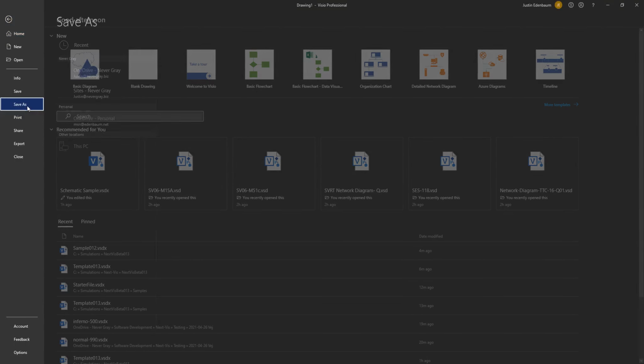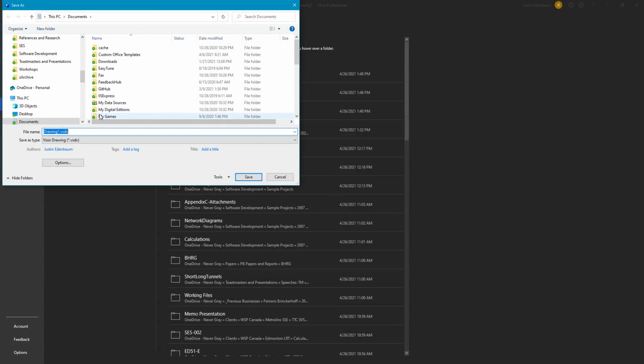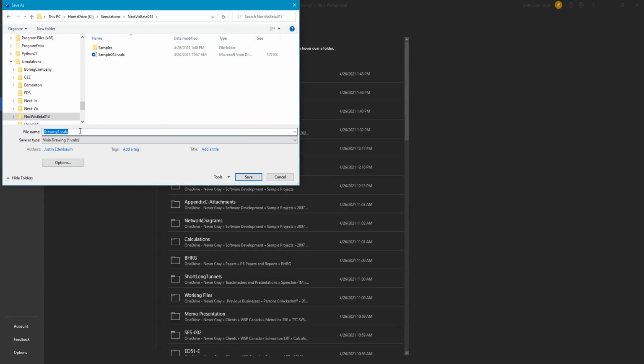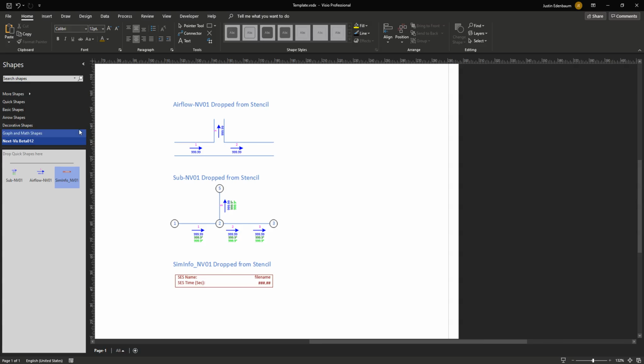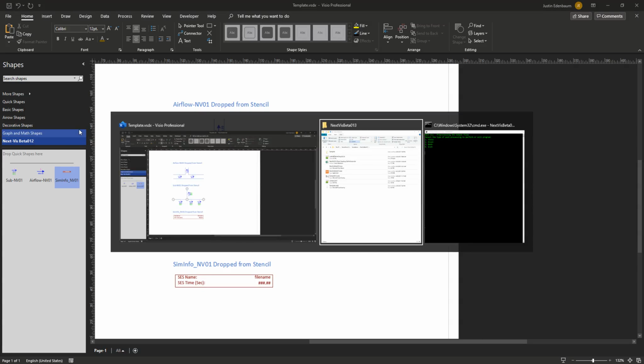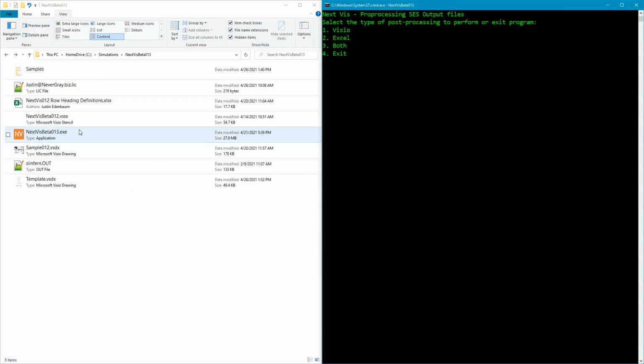Once that is done, you want to save the template file in the same directory where you have located Next-Vis. I will call it template. You are now ready to pull SES data from the output file into the template. So you can double-click Next-Vis or open it from a command prompt. Once at the command prompt, you will say, I want to create a Visio file. You will put in the output name